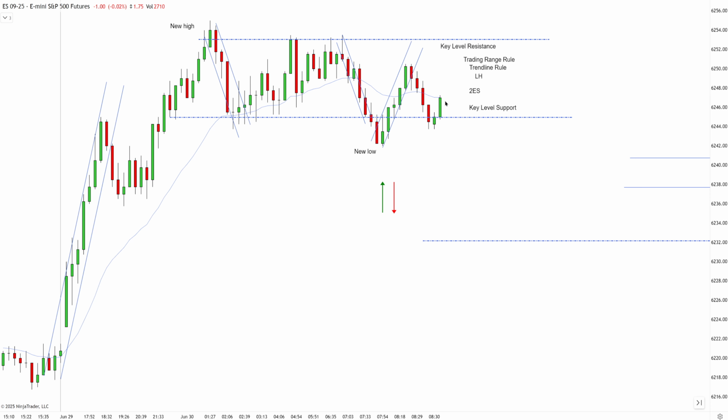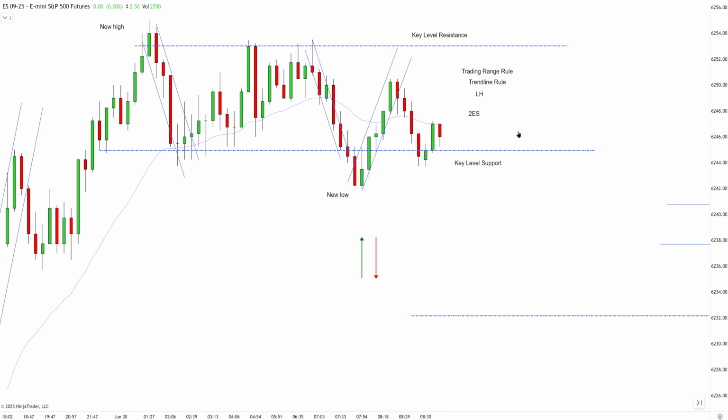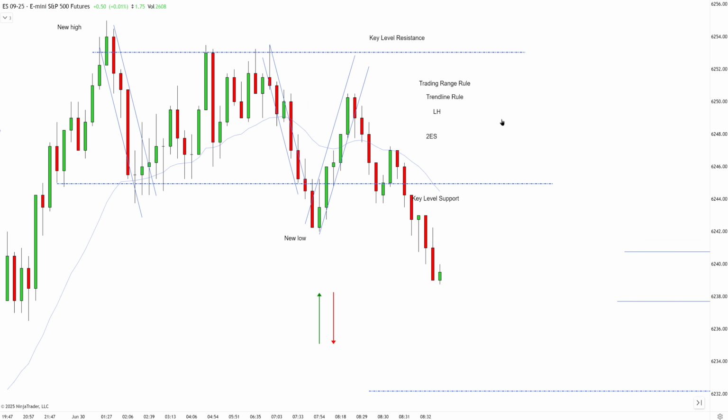Market entered consolidation stage. We have short-term trend working higher, but I can see significant information, and that is this uptrend doesn't have new high. We can't even reach the key level resistance, which is telling me, okay, the structure is more bearish. So right now, the market is about to open. Structure is more bearish, so I'm not thinking about buying because this uptrend doesn't have new high,